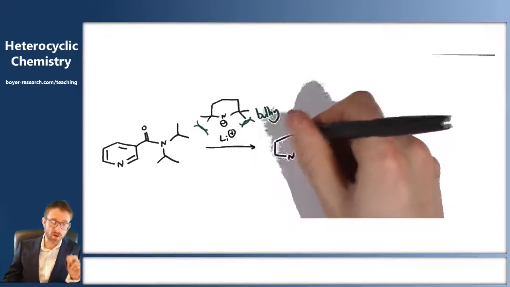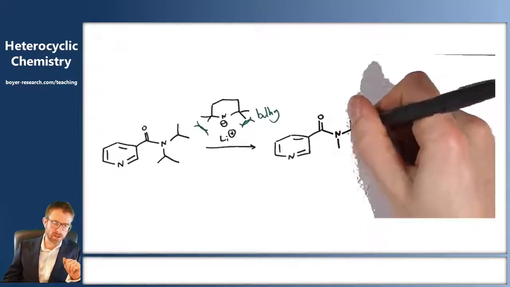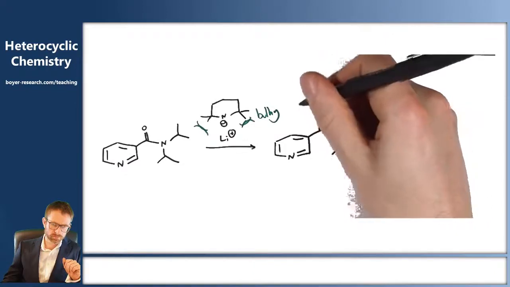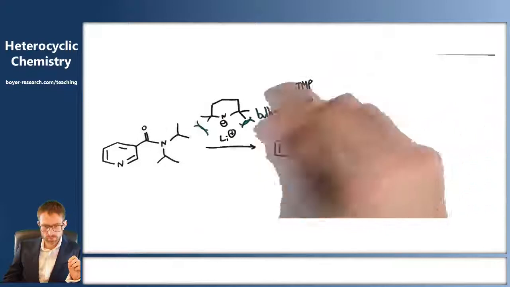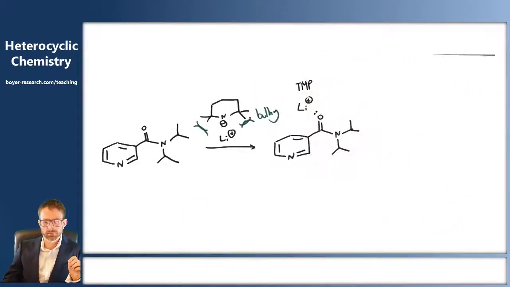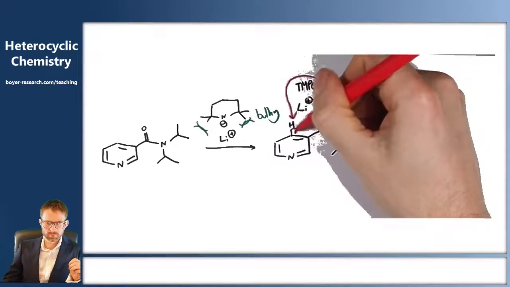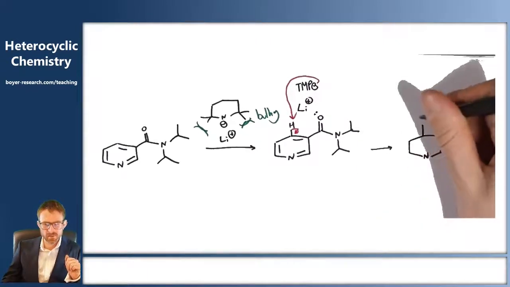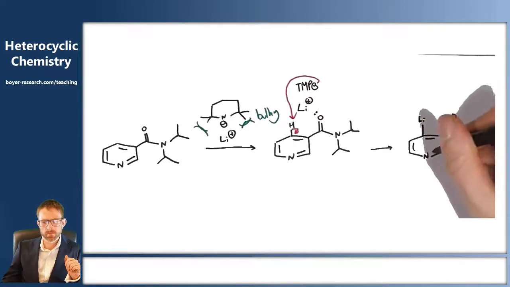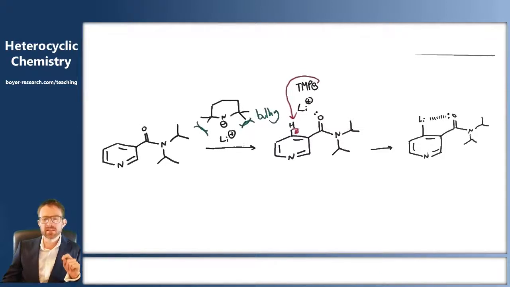So now what happens is lithium, which is a hard, positive charged metal cation, will coordinate to as many things as possible, including the oxygen lone pair on our amide. This will bring the base into close proximity to the proton on our pyridine ring. And therefore favour deprotonation at this position. This gives us the resulting lithiated intermediate, which could go on to react with other things, and the reason we get this lithium is this very stable 5-membered